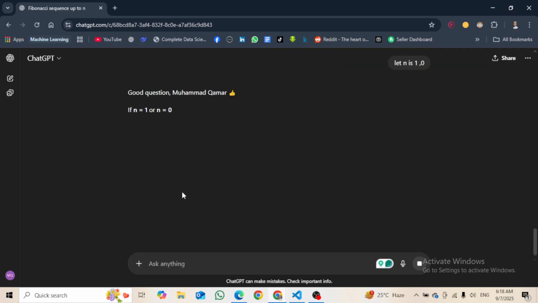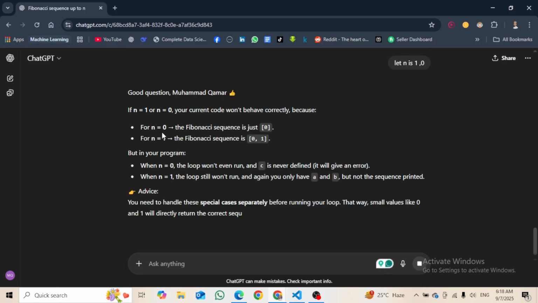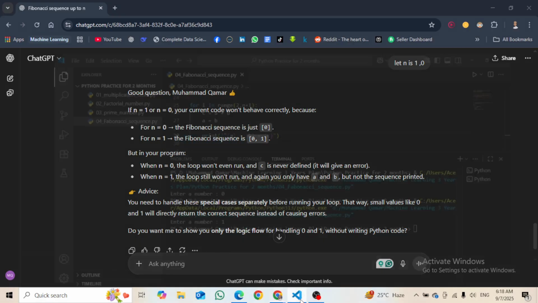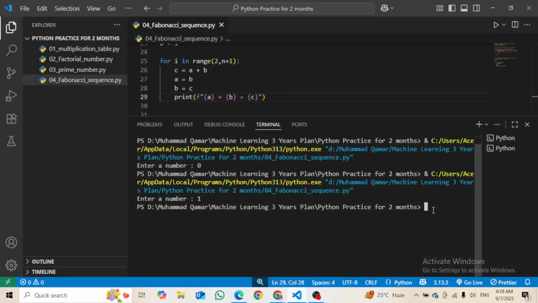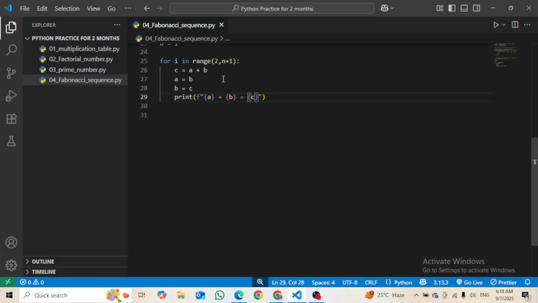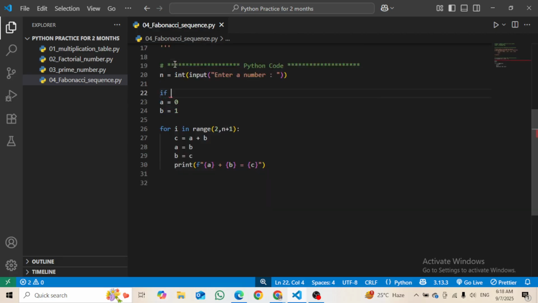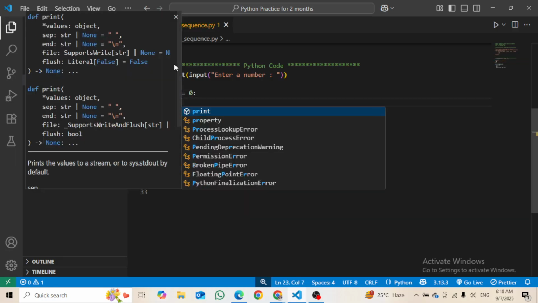Okay, let's ask here what is the value of 1. So for 0 the Fibonacci sequence is just 0. For 1 the Fibonacci sequence is 0 comma 1. So what we can do here is that we will just add them here. Let's say if n is equal to 0, then just print